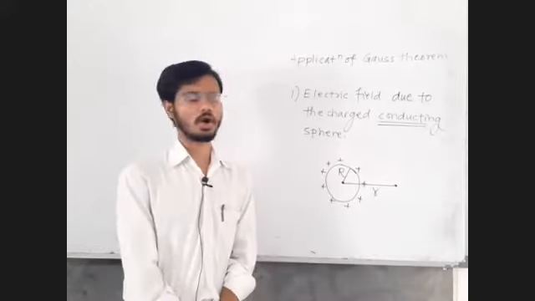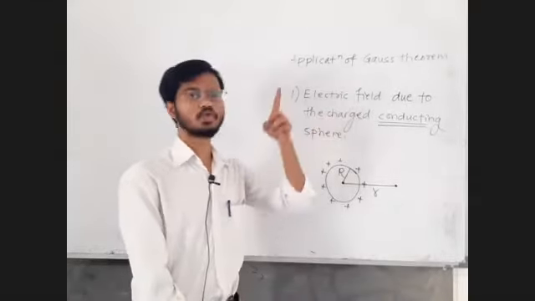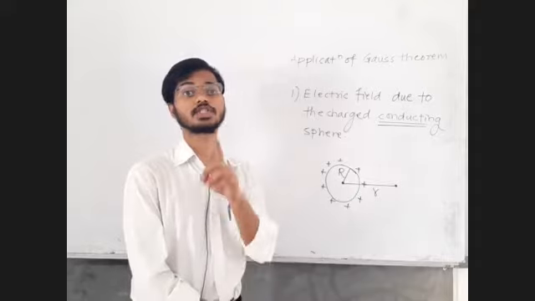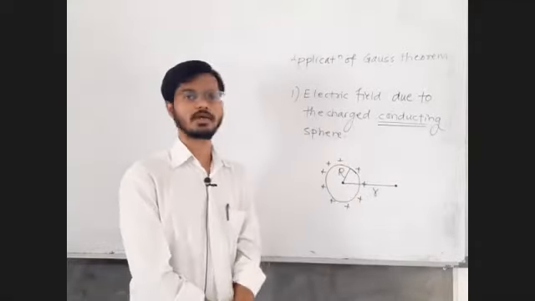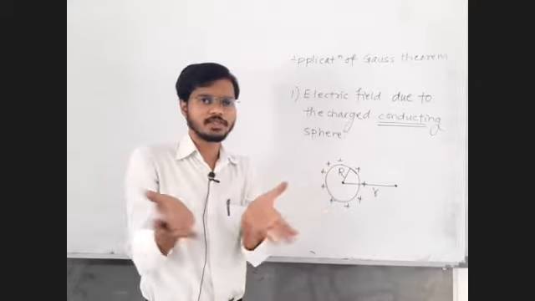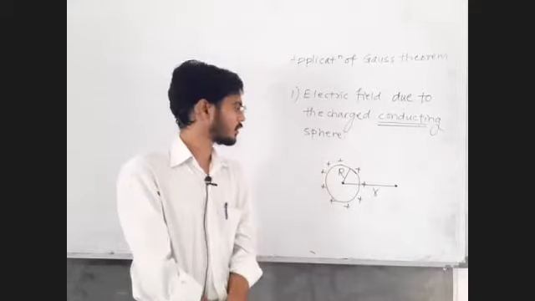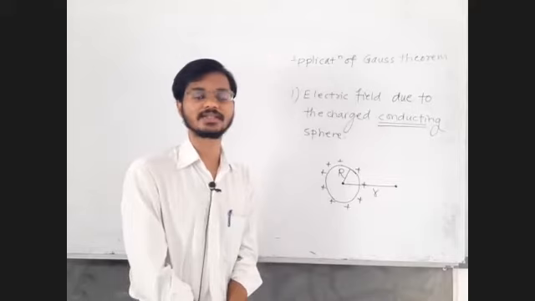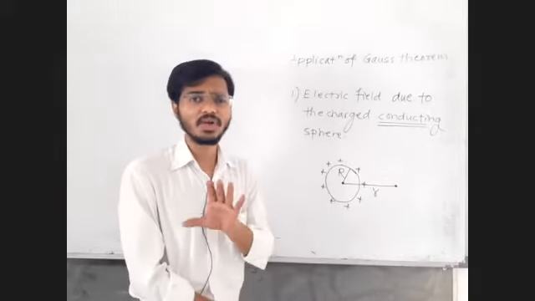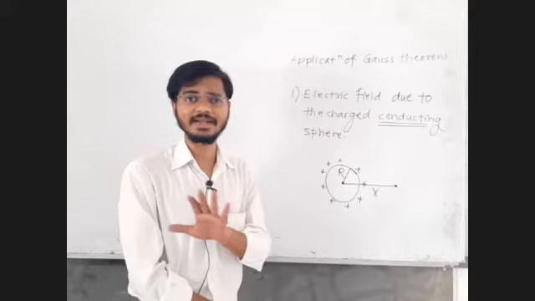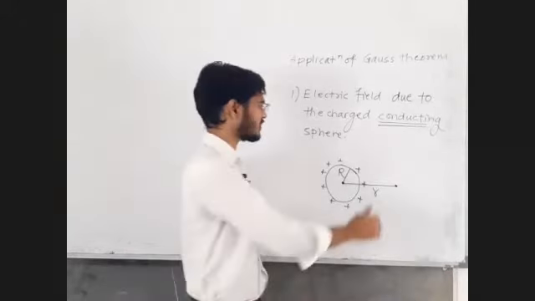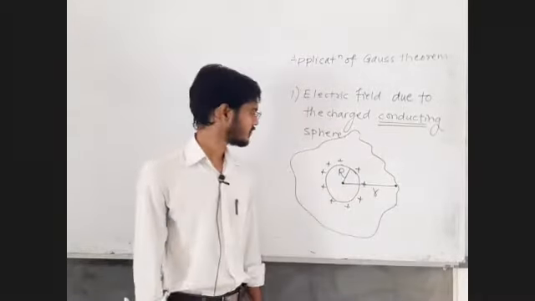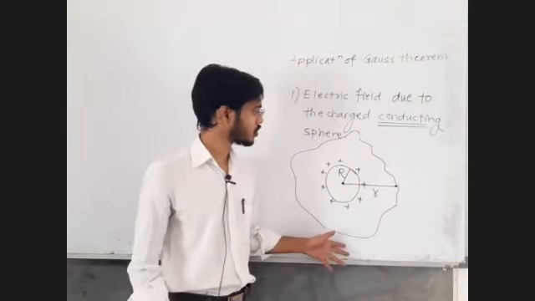So you have to draw the Gaussian surface. In Gauss theorem, the Gaussian surface should be drawn in such a way that it will enclose your charged system. So this is our charged system. Gaussian surface is a closed surface. It will enclose your system. Our system is spherical. To simplify the calculations, to avoid the complexities, we will not take any random shape. We will take a particular shape. If you take any random shape, the theorem is still applicable. The theorem is so powerful that it allows you to draw any random shape.